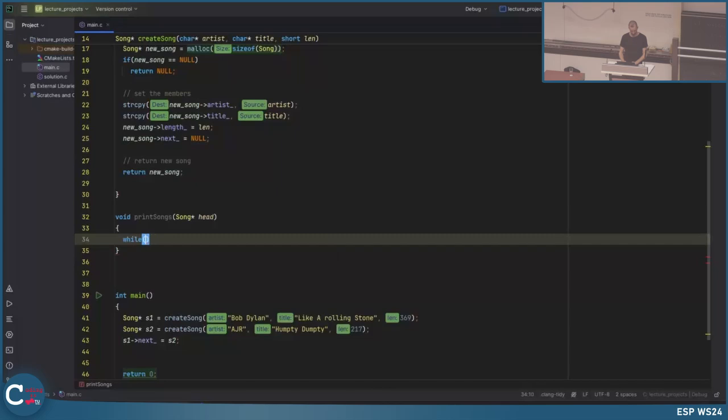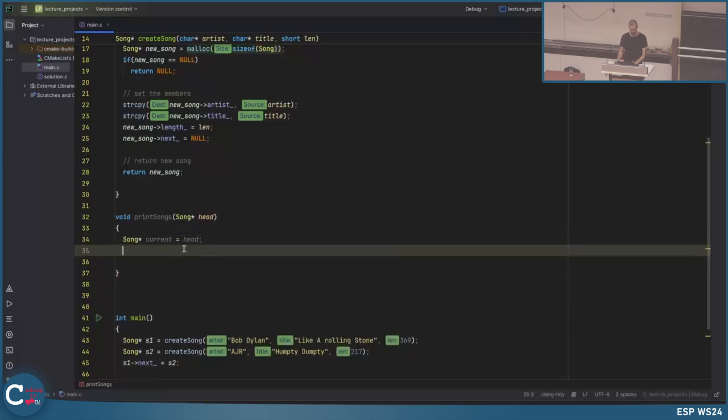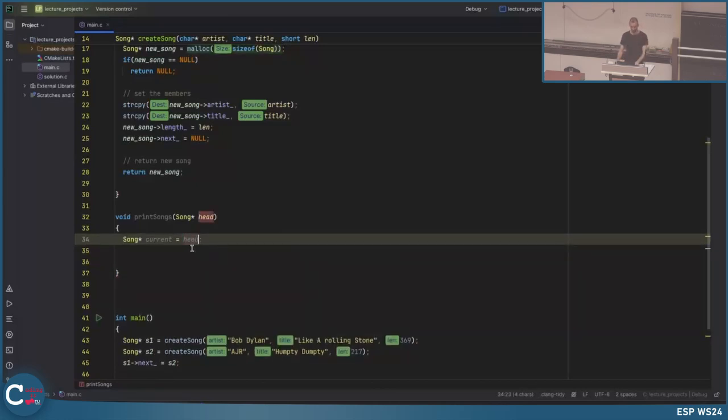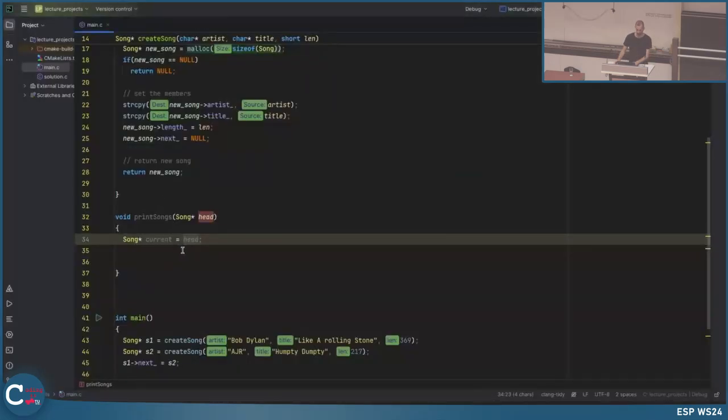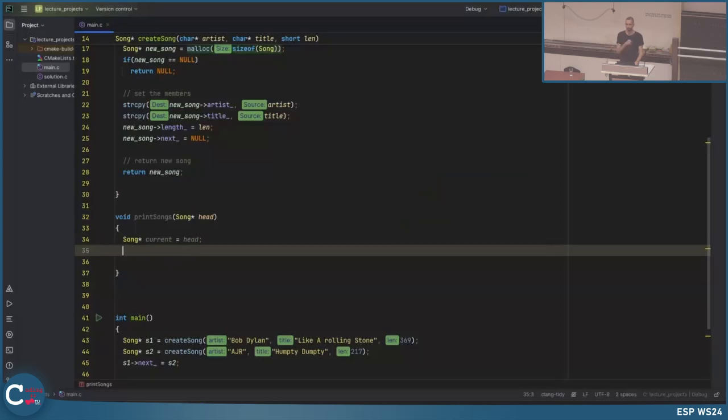So what I do is, okay, before that, I write an iterator, or just write current in this case. So now I have my head, which is pointing to the first element, and I just created another pointer which also points to this first element here, because this is the one I want to change. I want to iterate over all the elements. So I can write while current is not null,